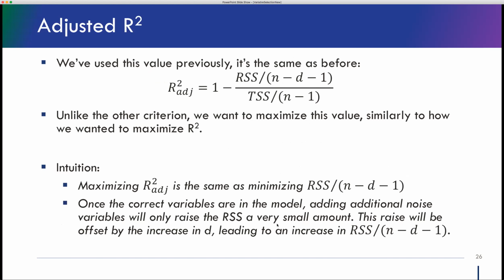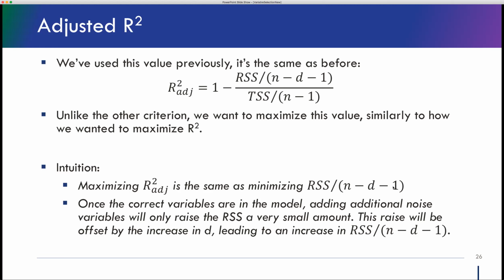Okay. The last one is the adjusted R-square. And we used this value previously. It's the same as before, so the definition will be the same as before. Unlike the other three criteria, we would want to maximize adjusted R-square, which is similar to how we want to maximize R-square, right? And the intuition behind this is here. So maximizing adjusted R-square is the same as minimizing the residual sum of squares over the degrees of freedom n